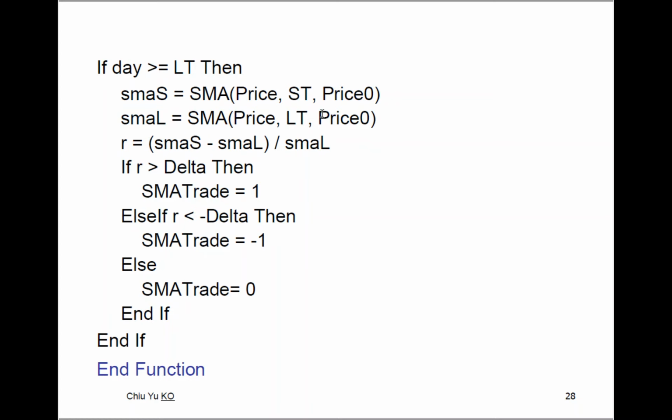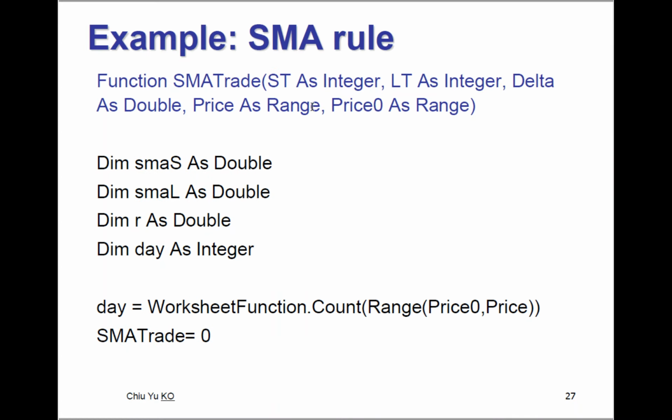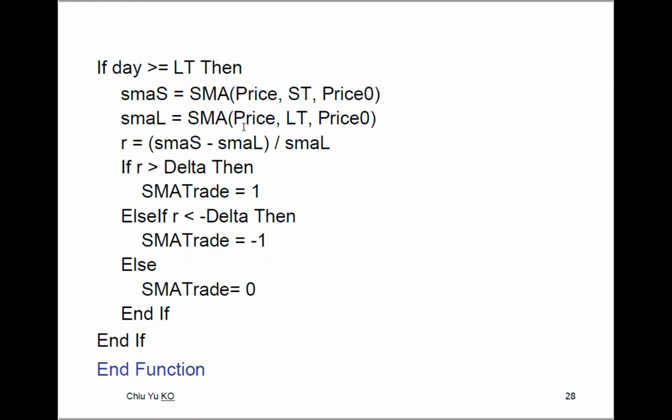That's why price and price 0 are ranges. Instead of double, we put it as a range because we want to use the SMA function that takes in the cells, and then calculate R as SMA S minus SMA L, over SMA L, minus 1, and then